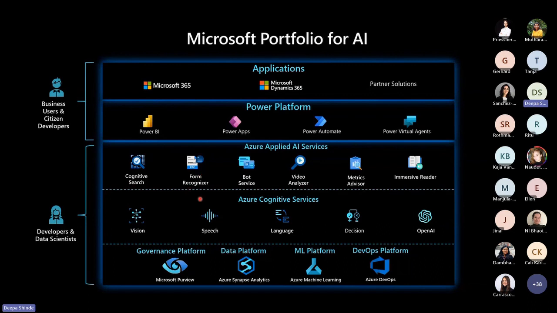And then you would have access to document intelligence. Form recognizer is now called document intelligence. Sorry, I missed renaming that. And then there are a few other services as well. I'm not going to go through all of them because I really want to take you through Copilot Studio. But I think this stack is quite important because you would have access to Power Apps, Power Automate, as well as Power Virtual Agents, which is now rebranded as Copilot Studio. And that's what we are here to talk about.